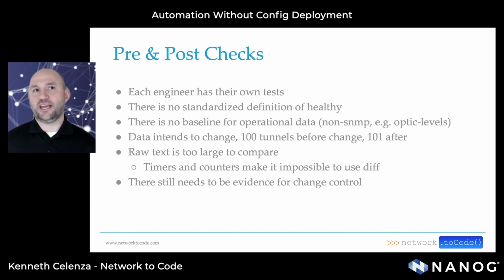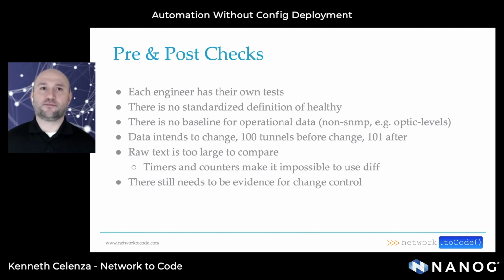Data is intended to change. If you're going to create a tunnel, it's going to be different. You're going to have 100 tunnels before and 101 tunnels after. When you're doing your manual diffs between them, it's hard to see what changed because you wanted it to change and what changed because there's another issue you didn't realize. The raw text with all the timers and counters makes it nearly impossible